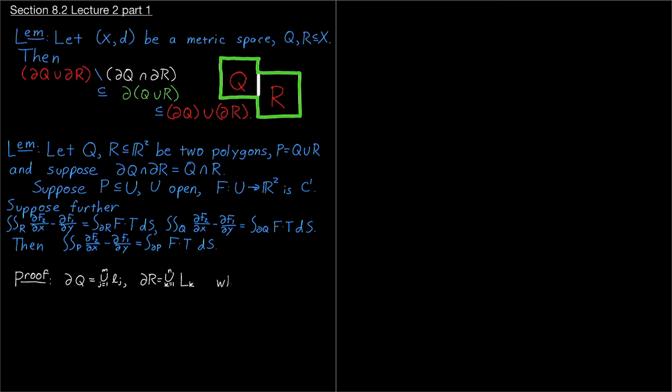Where each L_j and L_k is a closed line segment. And we can require that they intersect only at their endpoints. If you take this polygon, for example,